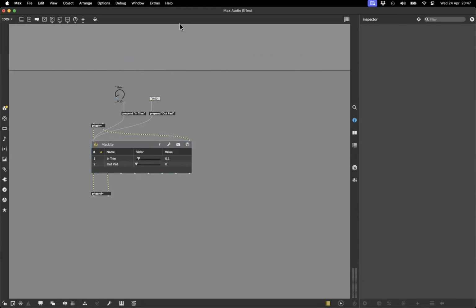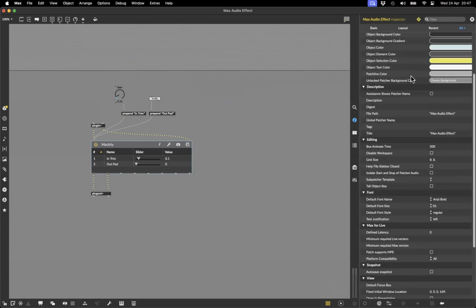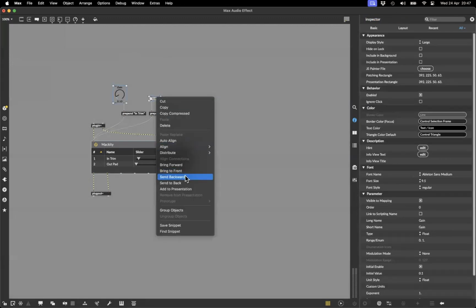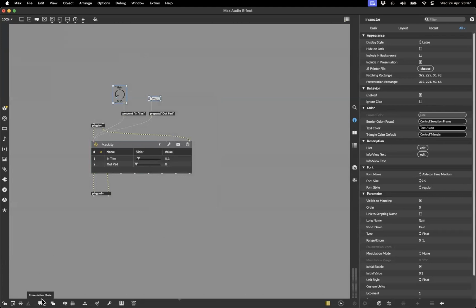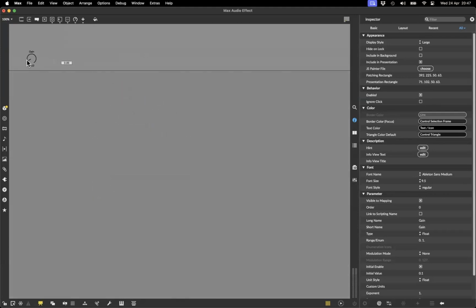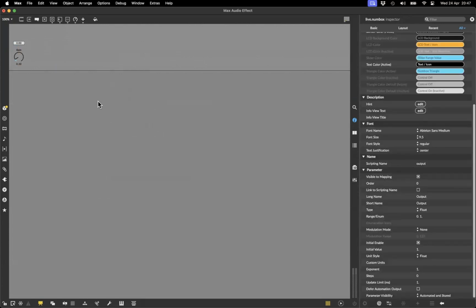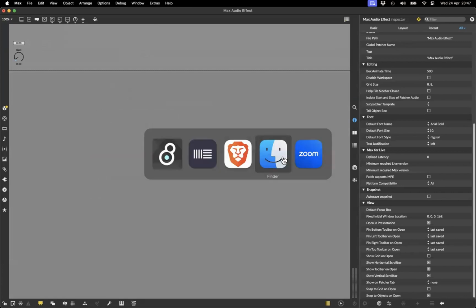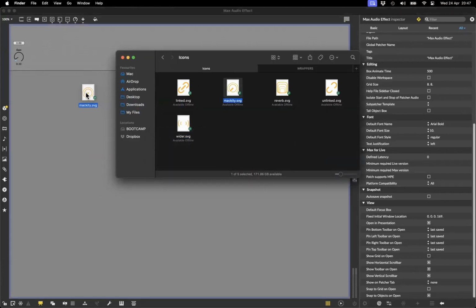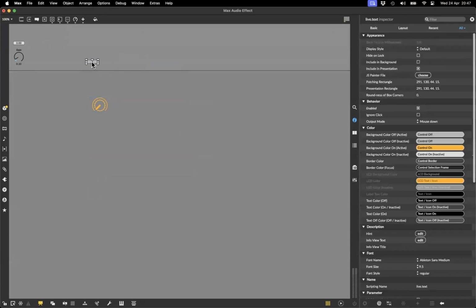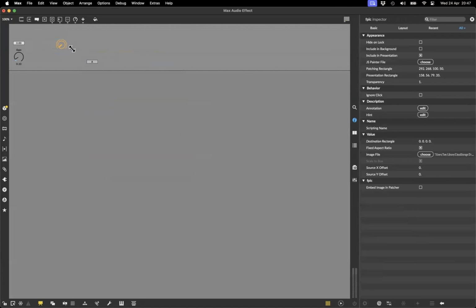We want to go now to click to have nothing selected, go to the patcher inspector, open in presentation. We're going to right click and add to presentation. We click to go into the presentation mode, and we'll just stick these in here. If we wanted to add this kind of cool McAtee graphic, I'll drop that in, but I'm going to add a live.text again. Actually, in this case, I'll go with live.text. I could leave it as an SVG because I'm not going to have it as a button,